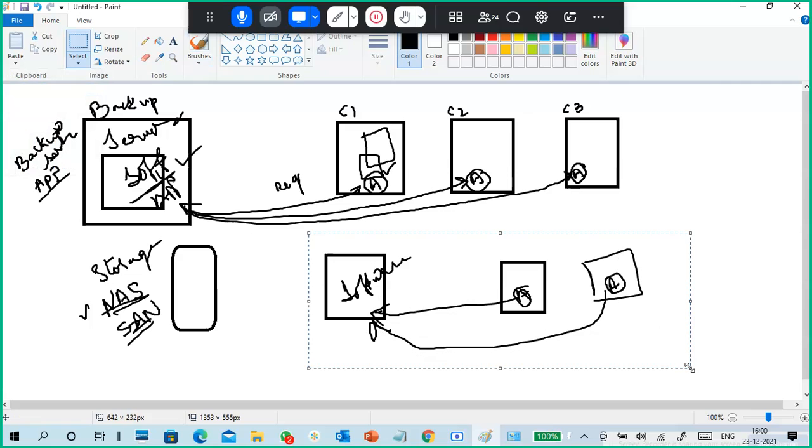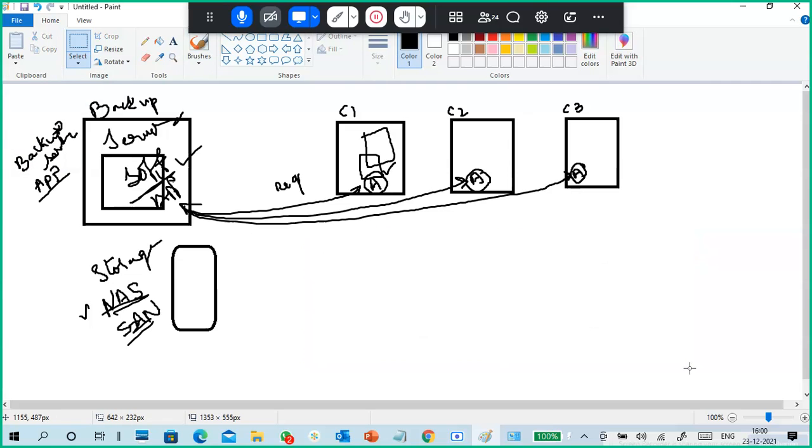Some software is agentless, and directly it will work. Some requires agents. It is to make a communication between your main server system and other systems. So how is your client communicating to your server? By using this agent.